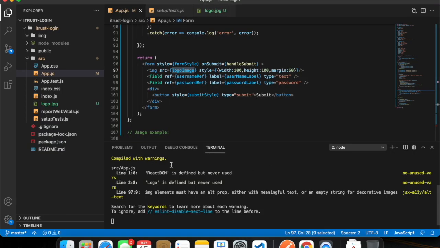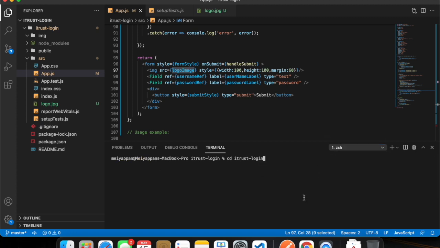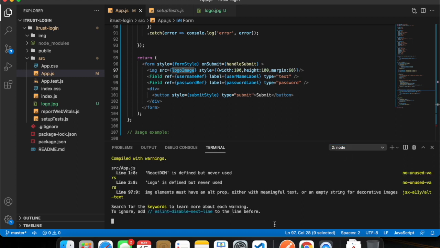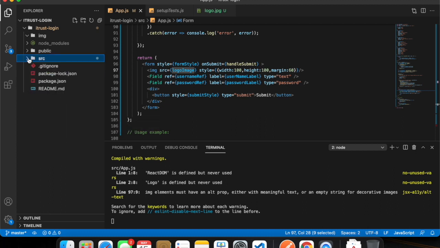Meanwhile, while this happens, I will show you how we have structured our React.js app. As most of you might know how to create a React.js app, you can use the create-react-app command to create a new React.js project, and for this demo I have used a React.js functional component. I created the app using the create-react-app command, and this is the structure of my React.js project.